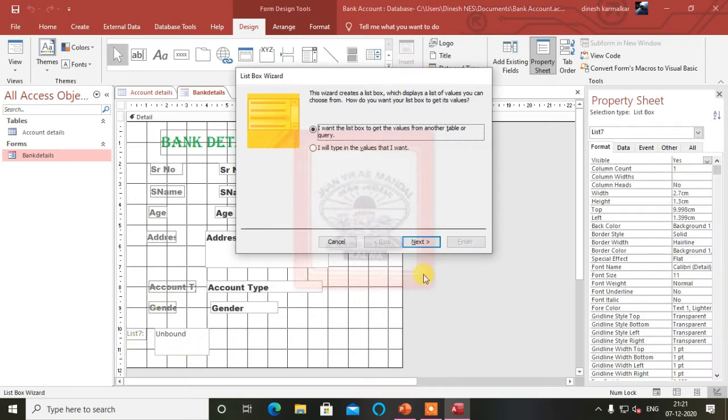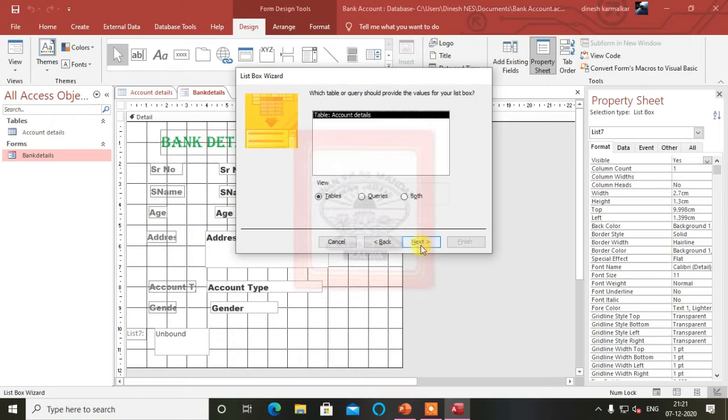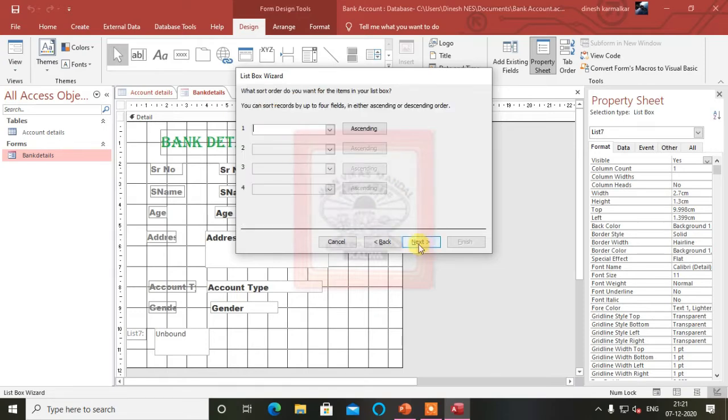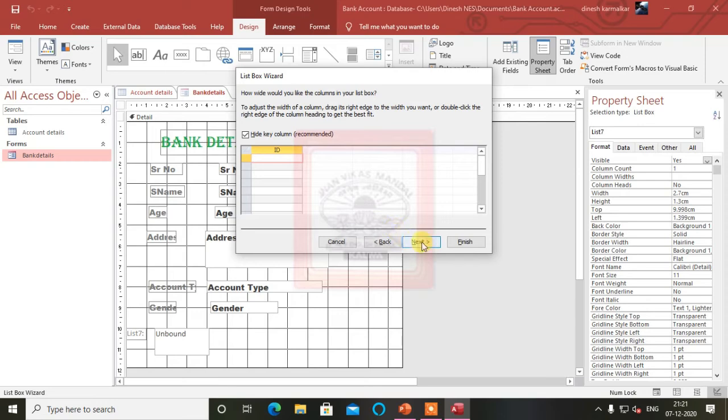It will immediately start a wizard, which shows where you want to take the values from. I want the list to take the values from the table, so I will choose the table. We have only one table, so I want to connect this ID to it. No values are there now, I will put them in afterwards.